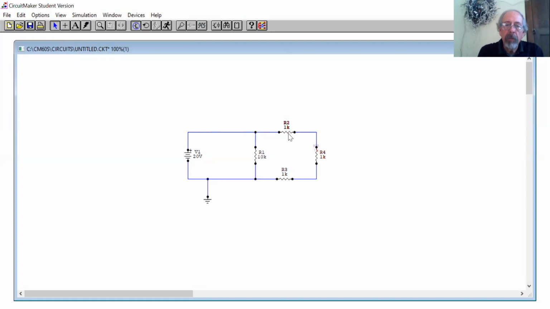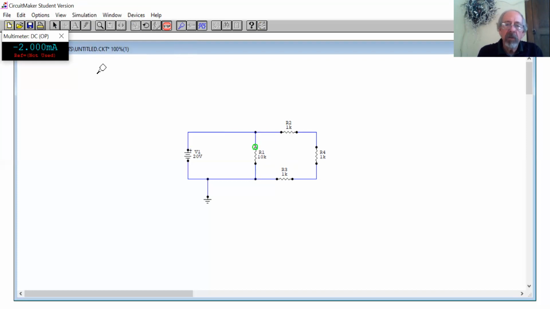If I take this resistor and use my up key, I can move it around, and my down key, as long as it's highlighted. Of course, I could just drag and drop it with my left click and move it up and down with my cursor arrow. Now I've got 3 resistors in this other parallel combination. Excuse me, these are 3 in series, and those 3 in series come up with a 3K total, which would be in parallel with a 10K. And now if I run this,